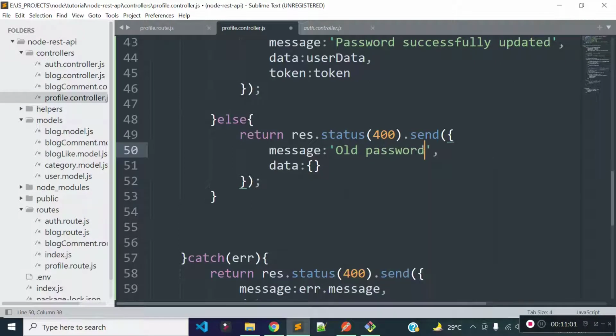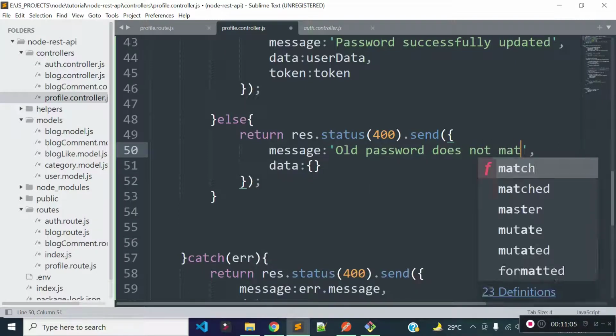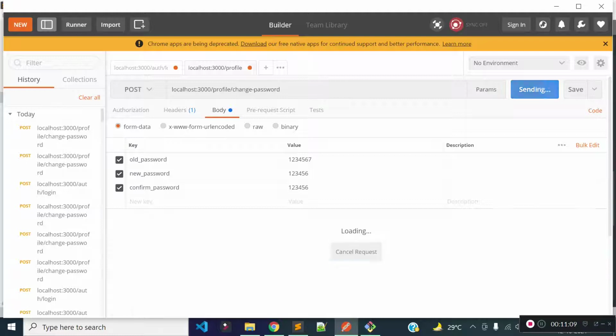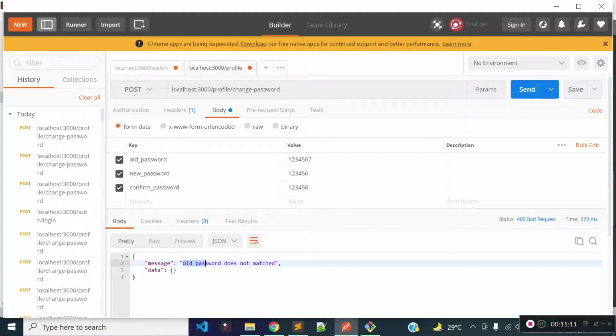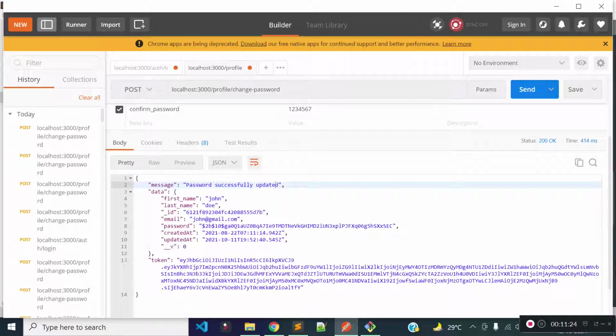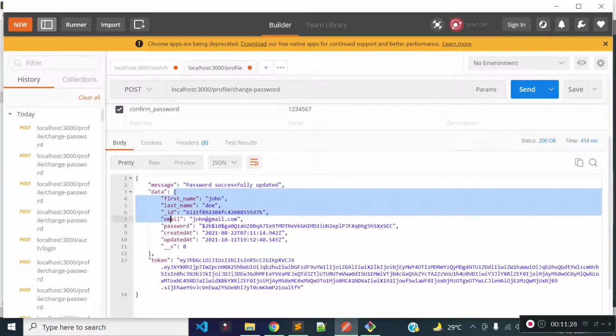Old password does not change, sorry, does not matched. Execute this endpoint again. You see now we're getting the updated message. Now let's provide correct old password and then let's modify our new password and confirm password. You see we're getting JSON response with message password successfully updated, and we're getting the user data and we're getting